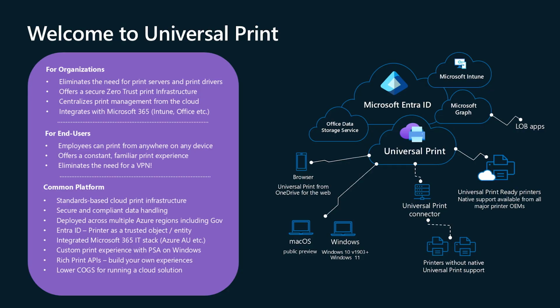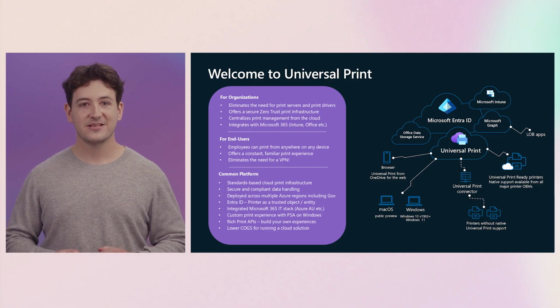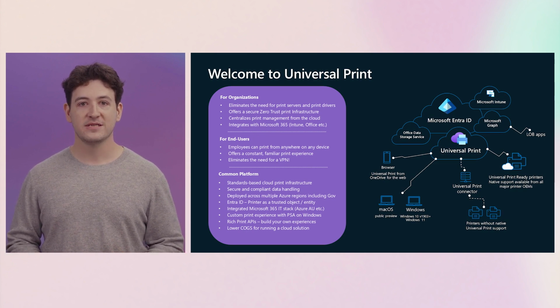In addition, to make sure users are protected from potentially unsecure third-party printer drivers, admins can now enable Windows Protected Print Mode on their users' devices. And, for the end user, Universal Print provides the best experience for printing. End users can print from anywhere on any device, whether it be Windows, their mobile device, or even macOS. And they get to use the same print experience they're already used to, so admins can rest easy knowing there's no need to teach their users a new experience. With Intune integration, admins can provision and manage printers for their users, so there's no need for users to search